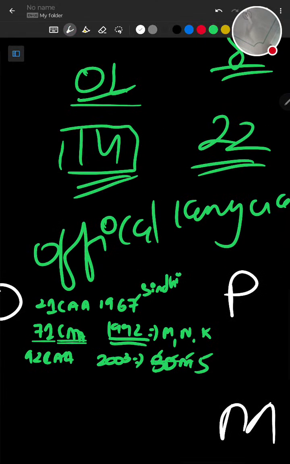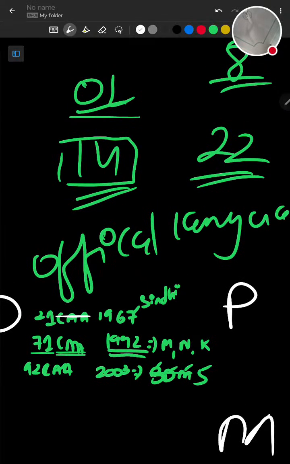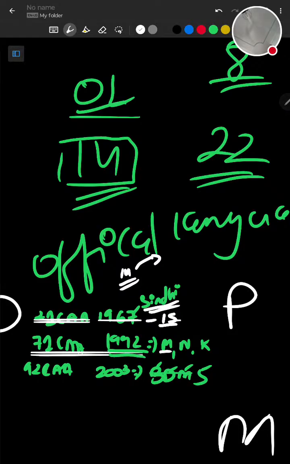So the first one is the 21st Constitution Amendment Act, right, of 1967, which is of the 15th language. This is Sindhi, because 14 languages were added prior to independence, so they didn't need any constitution amendment act, but these are needed because they were added later on, as Sindhi was added in the 21st Constitution Amendment Act. Now going on to the 71st Constitution Amendment Act of 1992, which added Manipuri, Nepali, Konkani.